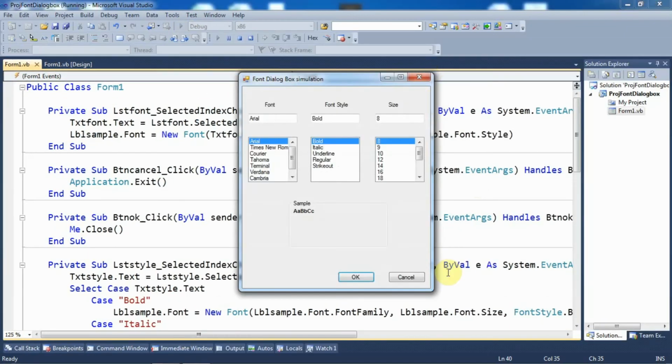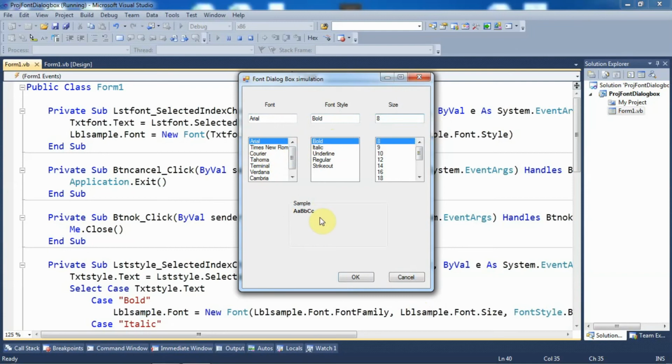So see over here, this is our font dialog box. As we have specified on the Load event of the form that the first values within the list boxes are to be selected, see, Arial, Bold and 8 is selected. Its value is also displayed within the text box control, and the effect is also seen over here within the label control.